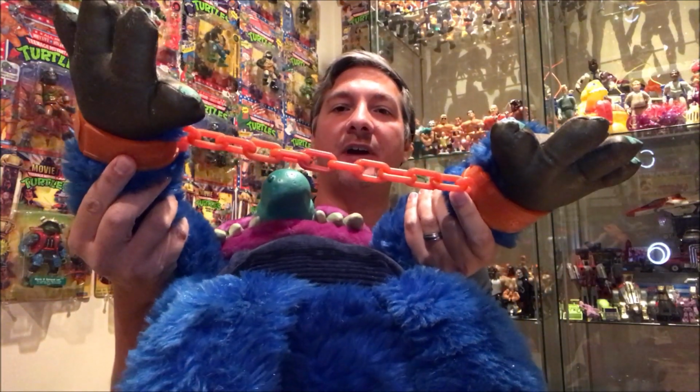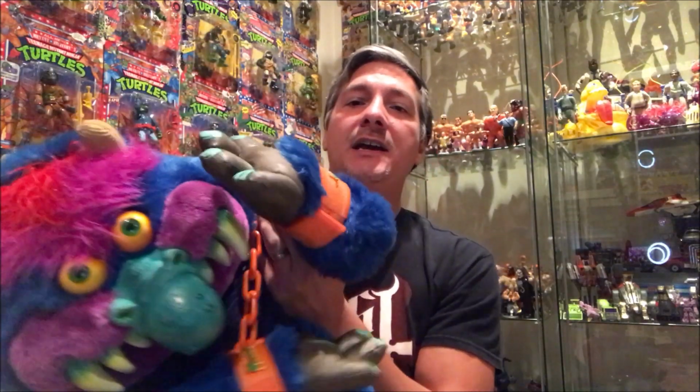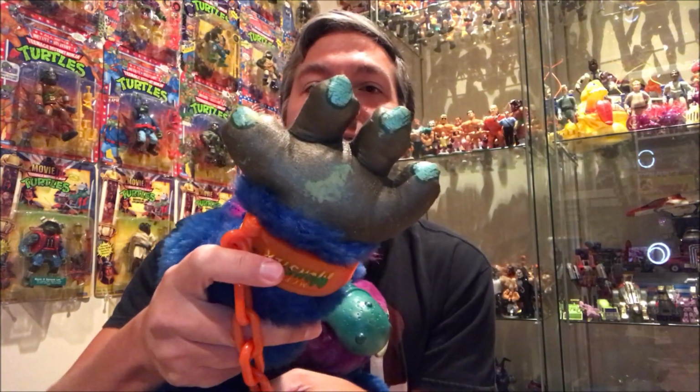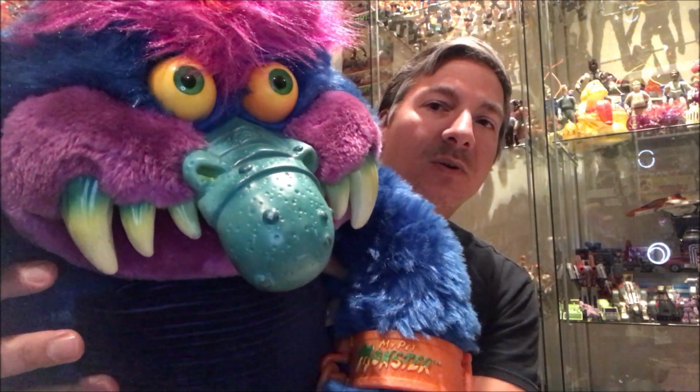You had these breakaway handcuffs and chains that were attached to him with Velcro. Obviously you could put on yourself, and so it had some fun features to it. This one I got from the flea market, and a lot of the times his handcuffs are missing and his hands become kind of chipped away and sticky over the time. You can see there's a little bit of wear on his hands, but all in all, a very cool toy